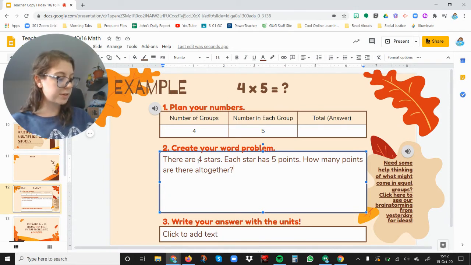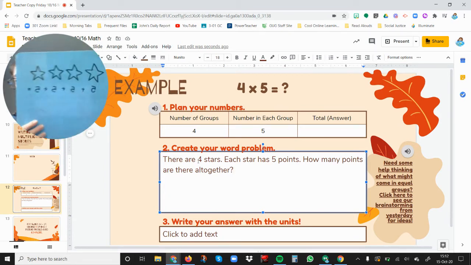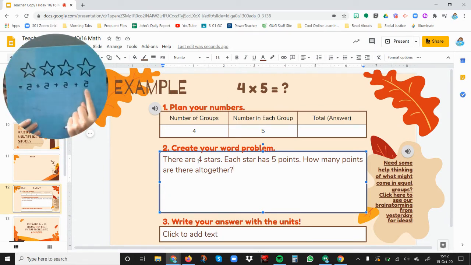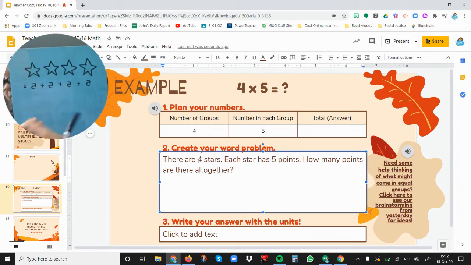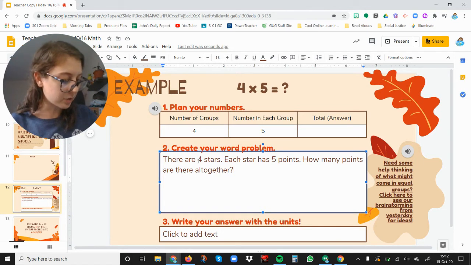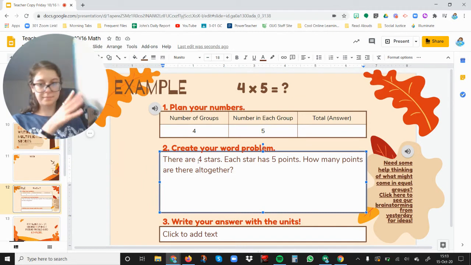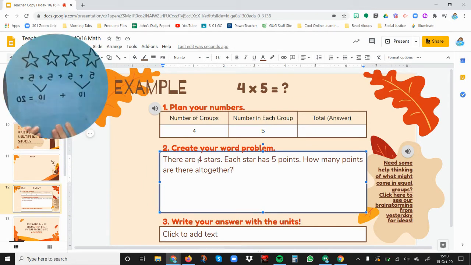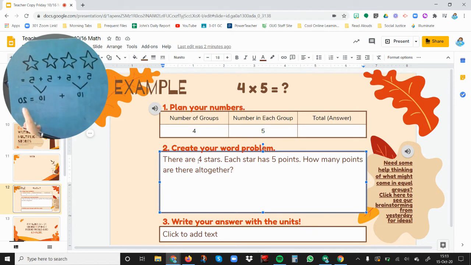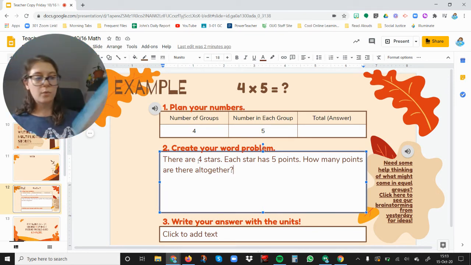So my repeated addition sentence will be adding 5 4 times. So I have 5 plus 5 plus 5 plus 5. And now I'm going to solve that. So 5 plus 5 equals 10. Another 5 plus 5 equals 10. And then 10 plus 10 equals 20. Okay, so now that I know that the total number of points is 20,